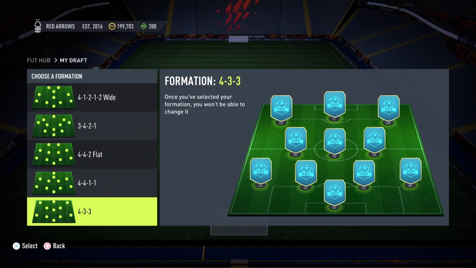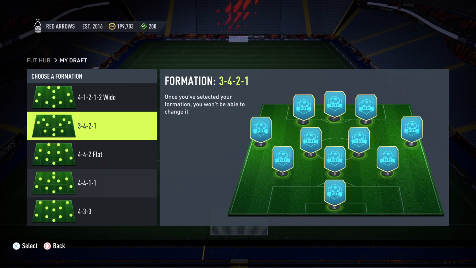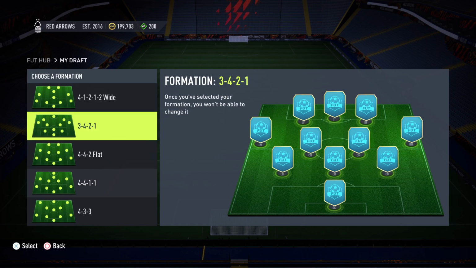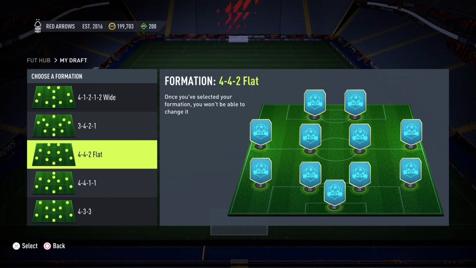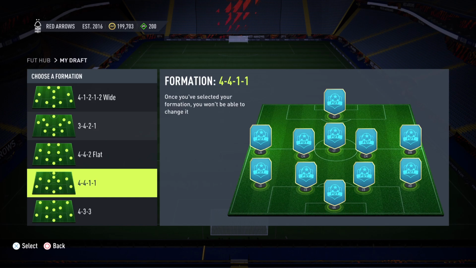We're going to take the 4-3-3 flat because I think it has the most potential. But the other options were the 4-1-2-1-2 wide, which also is not too bad, I think. The 4-3-2-1, the 4-4-2 flat, pretty decent too. In fact, I am considering actually taking that over the 4-3-3 and the 4-4-1-1. I wonder what